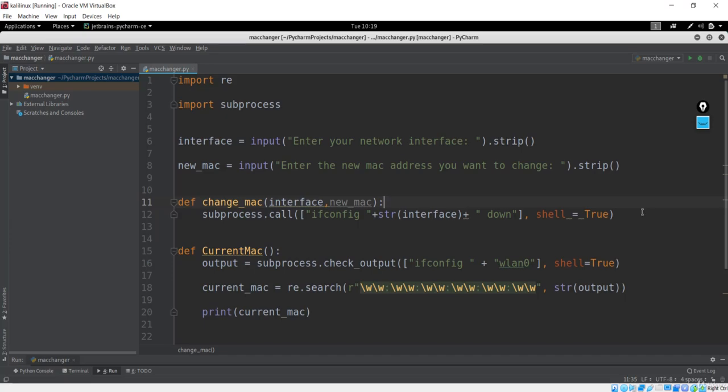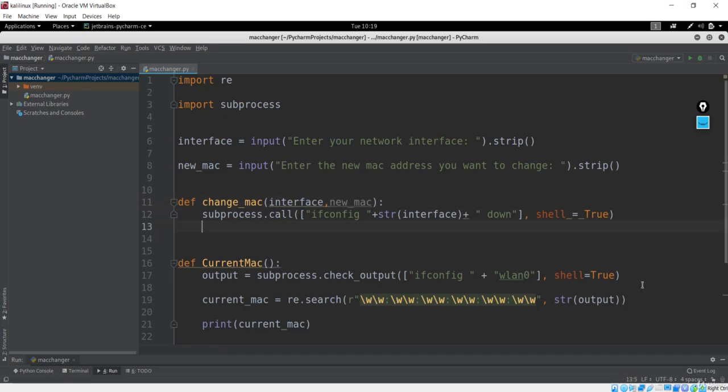This will be the first command that will be executed, and you can clearly see over here, if you see the combination, let me comment this out real quick. This is going to give us ifconfig. What I'm writing here is ifconfig, and this space is to denote the space.